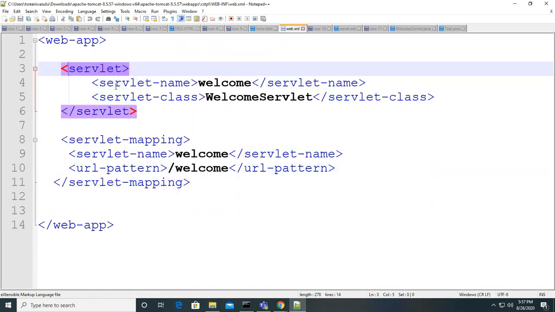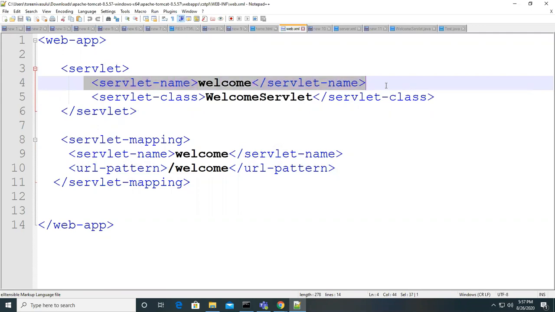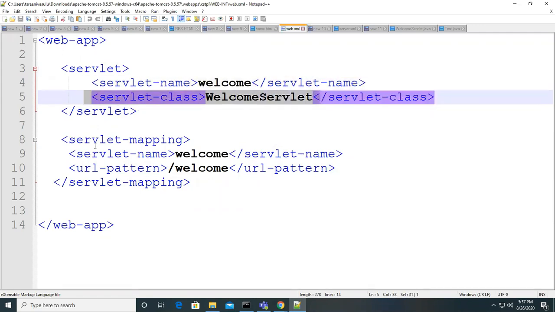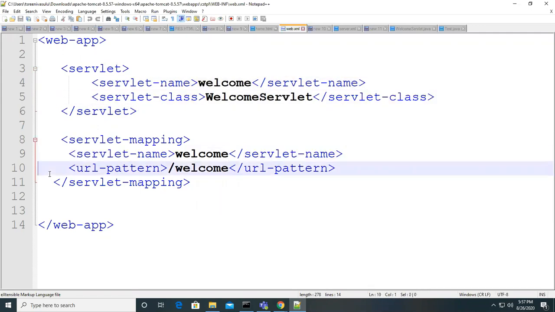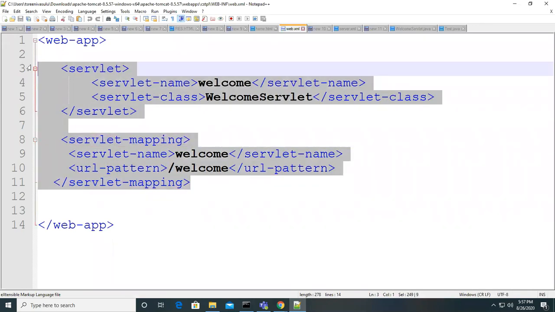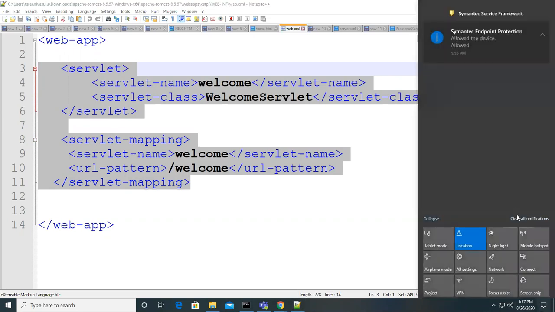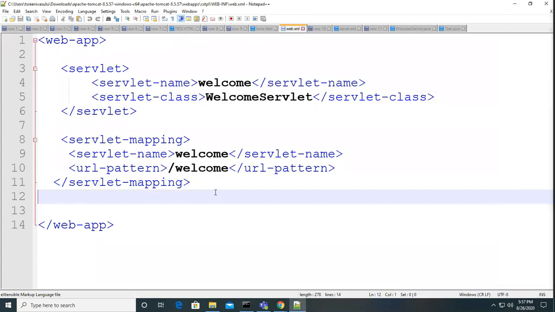The servlet has the servlet name and servlet class, and the servlet mapping has the servlet name and URL pattern. So this is how we do the configuration. Do you guys have any doubts so far on these configurations? No, sir. So you are clear about it, right?